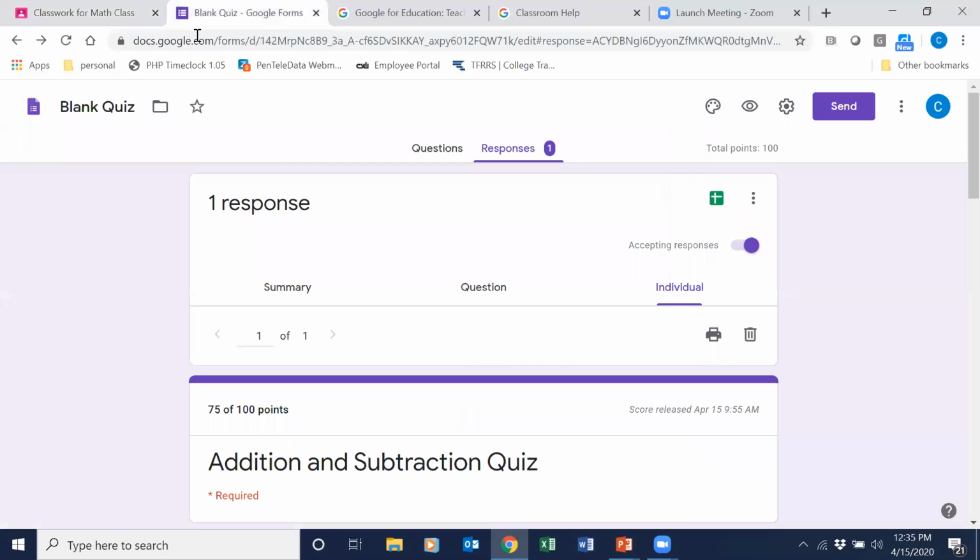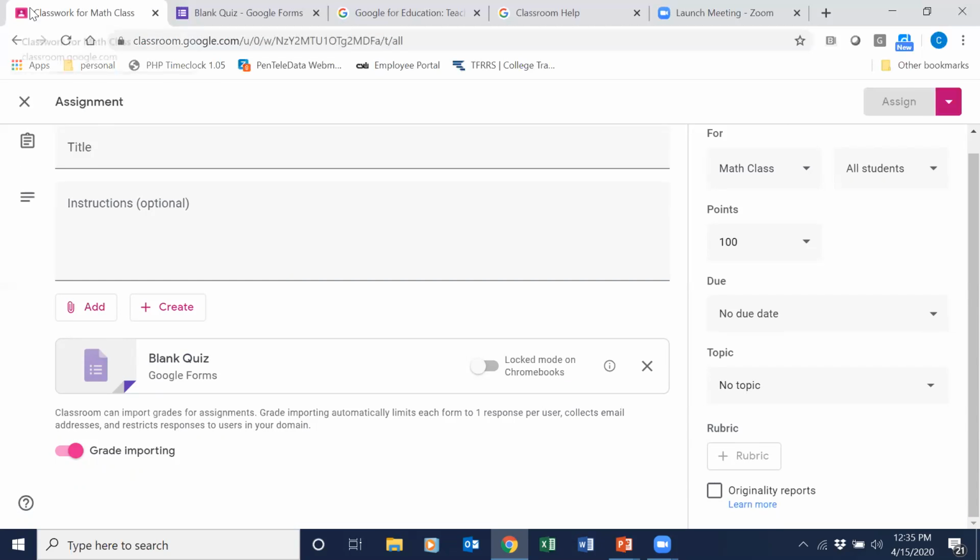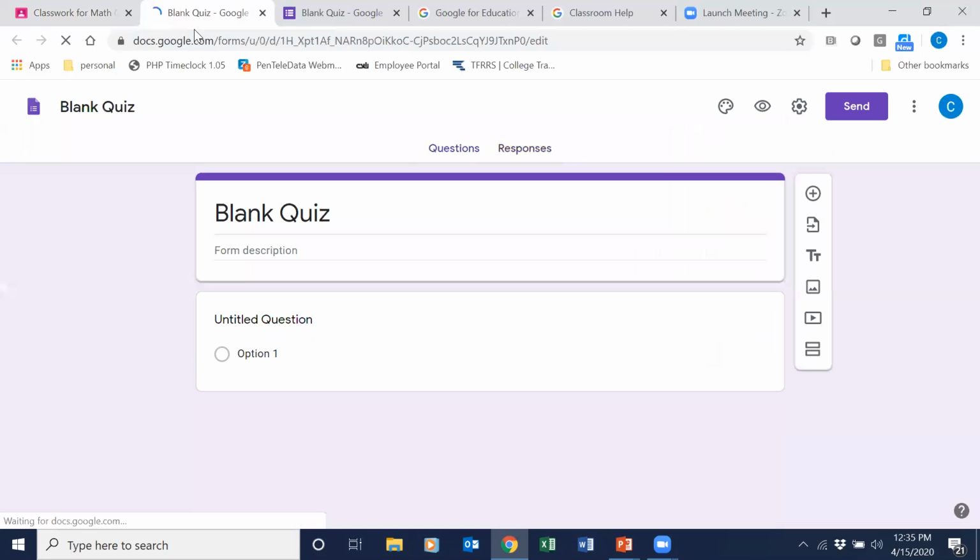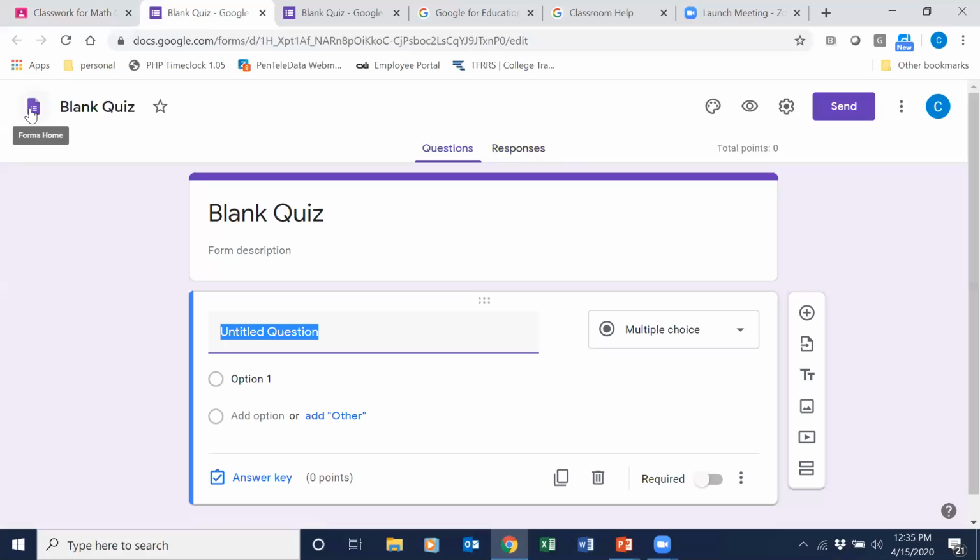Now, your quizzes, like I said, are going to be in a different Google product. So you notice along my tabs here across the top, this is my Google Classroom. So if I want to create a new form, when I do this, it's opening up this other tab for something called Google Forms. And I can create my quiz in here. This is like a template within Google Forms, so it automatically takes you there. So now all that I need to do is, you know, untitled question. So I put in my first question,